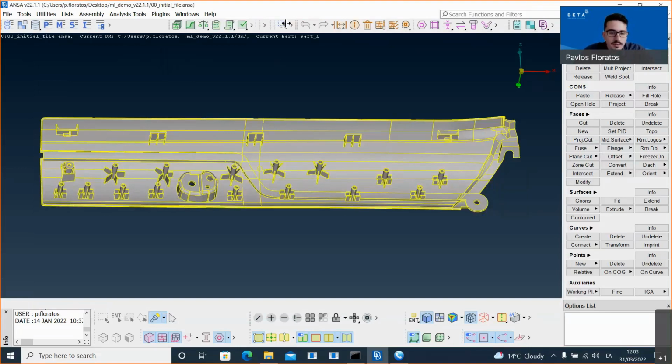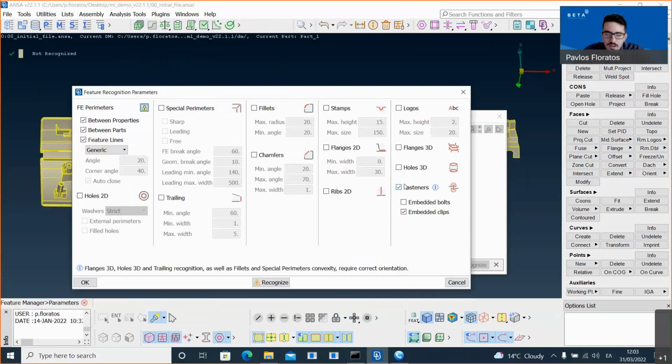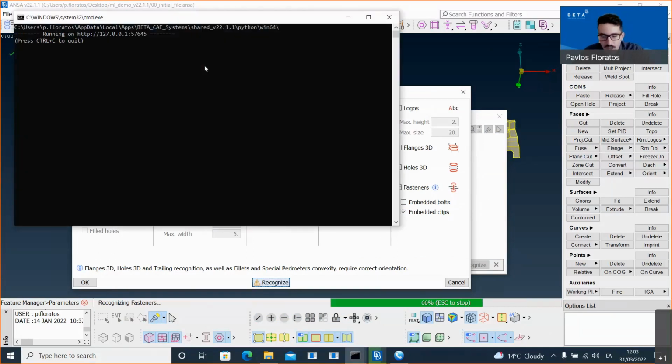What is the first step that we need to follow in order to recognize the clips? We should open Feature Manager, go on the parameters, and use the option here, recognize fasteners, and more specifically, recognize embedded clips. And as the tooltip says, this is an option that requires a DM library in order to run. I will press recognize, it will take a few seconds.